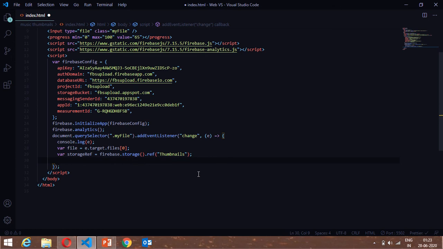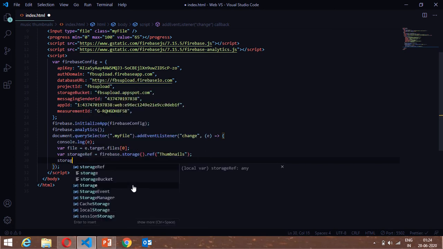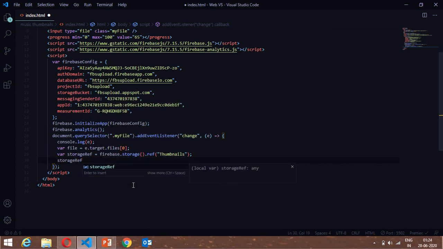And after that, we also are going to put our file into our storage database. To do that, we use a function called put. It's a method predefined by Firebase to put data into the storage database. So we are going to call it on the storageRef, and then put the following data, that is our file. And now if I save it,